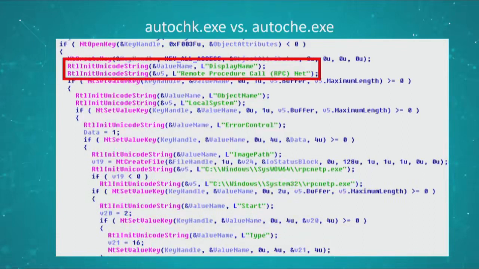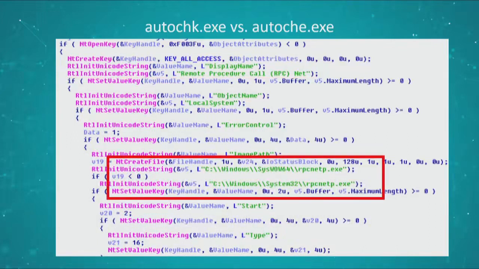So you can see here it's installing a service with this name. This is the same name that the LoJack solution is using as service, and it will then point to the location of the executable, the small agent executable. From there, the behavior of this autochk.txt and the LoJack replaced autocheck.txt is very similar, but there was one